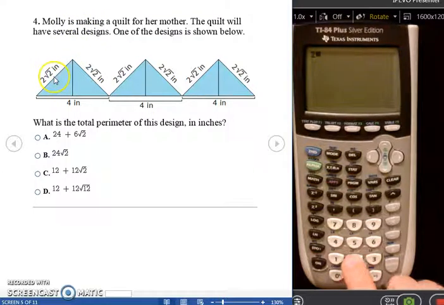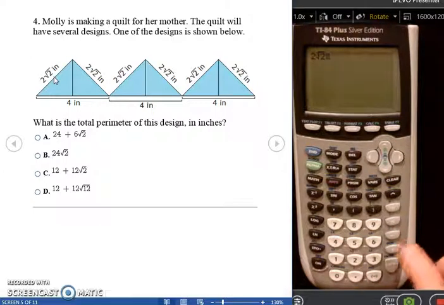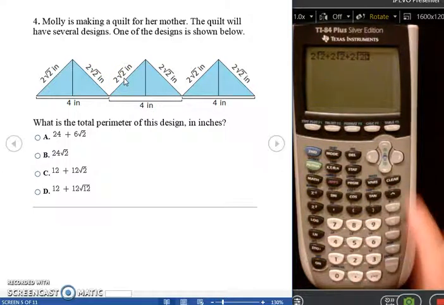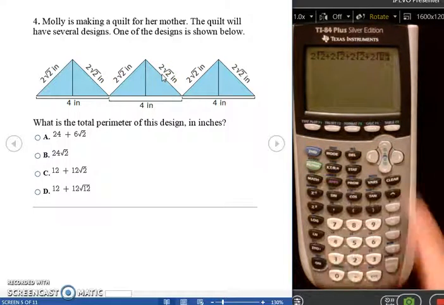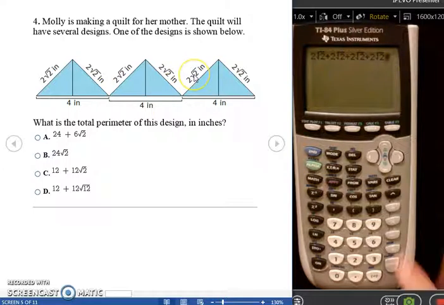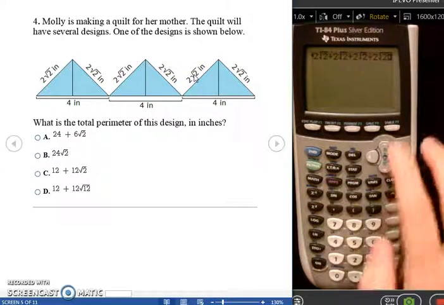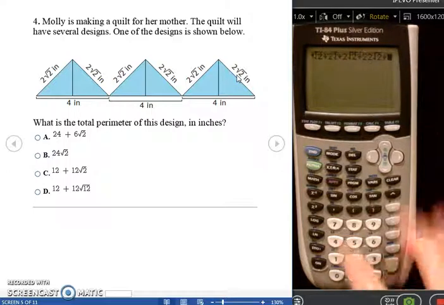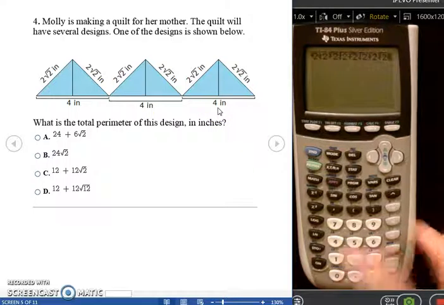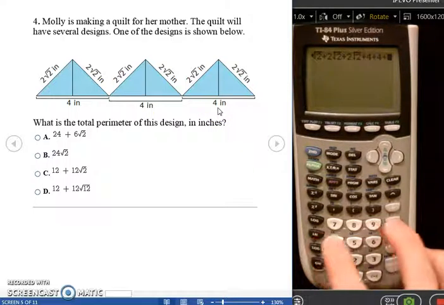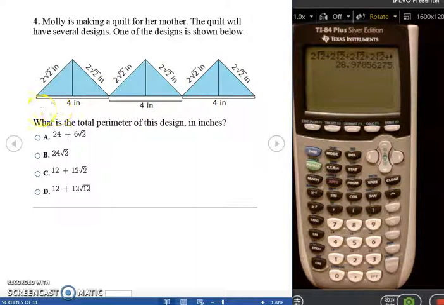So I'm going to have 2 square root of 2, right arrow, plus 2 second square root of 2, right arrow, repeated for each of the six slanted sides, and then I have the 4s on the bottom, plus 4, plus 4, plus 4, and I press enter, and that gives me the decimal of